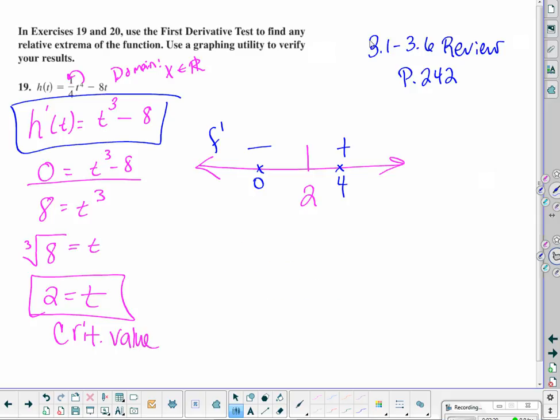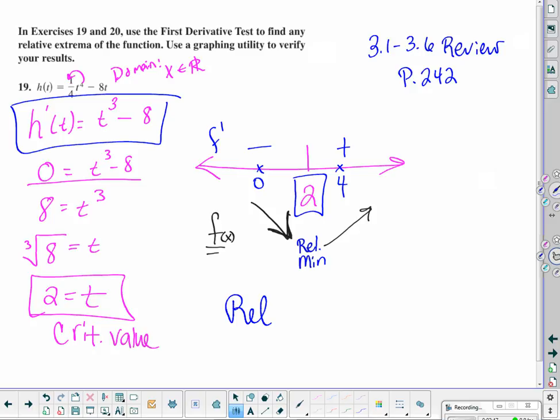Now, when we make our arrows down below, it's speaking to f of x. What's happening to the original function? It has a negative slope, as indicated by the first derivative. So it's a decreasing function followed by an increasing function. The first derivative test would say then you have a relative min occurring at x equals 2. So we have a relative min